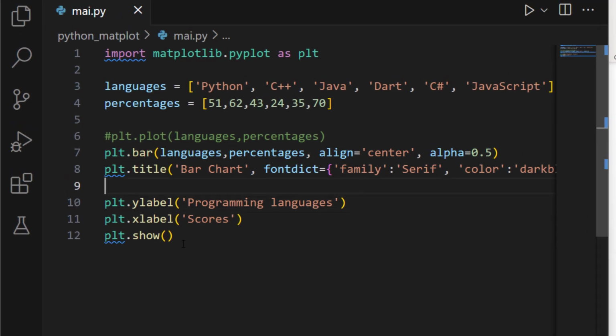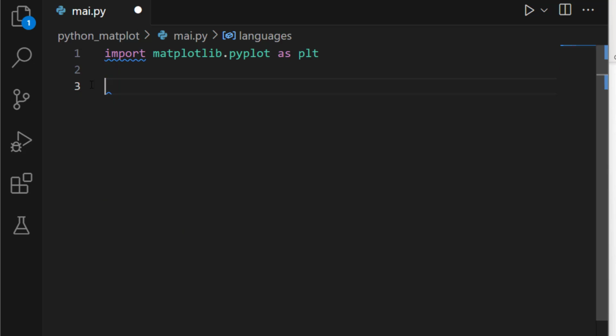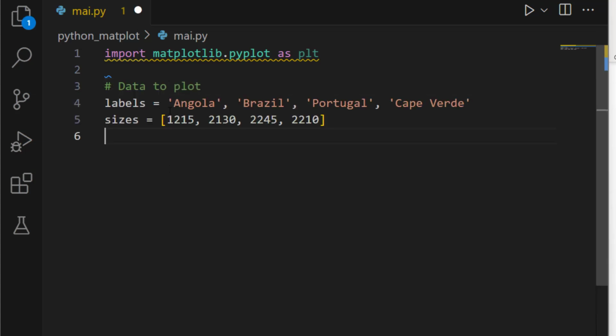So for that, let's do something like this. I'm going to delete all of this. I'm just going to delete view. Bye bye. But I'm going to keep this. So in order to create that, first we need to have the data. So the data that we are going to have is something like this. I'm just going to grab my data and paste it.